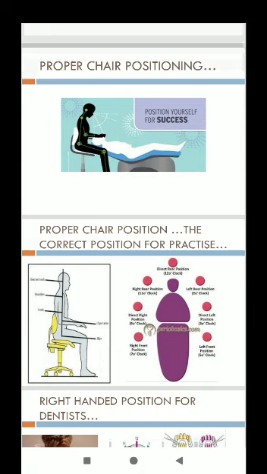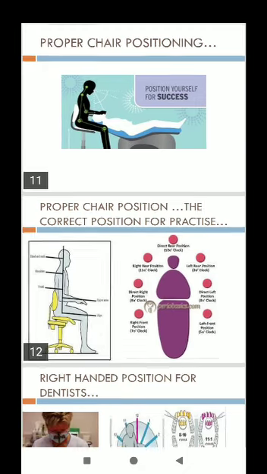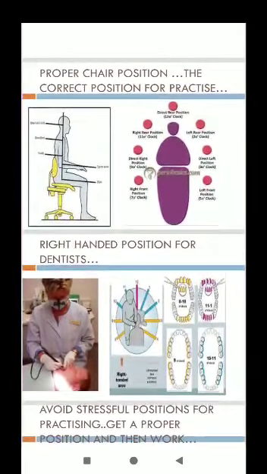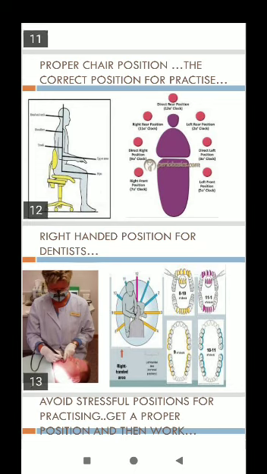In the adjoining figure, you can see a dental chair setup and certain clock positions are mentioned. These are the clock positions to keep in mind: 12 o'clock position, 2 o'clock position, 3 o'clock position, 5 o'clock position, 7 o'clock position, 9 o'clock position, 11 o'clock position. This is the right-handed position for the dentist. As you can see in the figure, the dentist is working on a patient's mouth, sitting right-handedly towards the patient and practicing the following procedure.